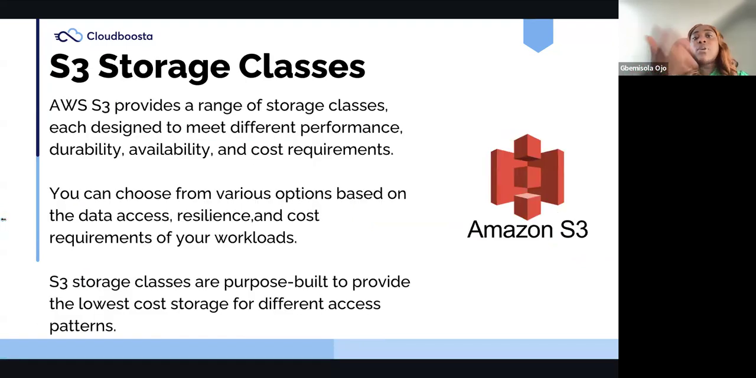So anyway, we also have what we call S3 storage classes. It's also very important. As much as we have AWS S3 and you can create a bucket, there are different storage classes that we have. And what that means is that there are different